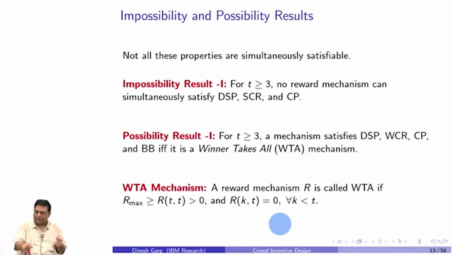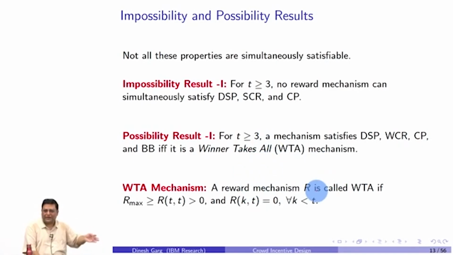But this is bad, because then I know for sure that if I don't spot the balloon, no matter how much hard effort I put in to recruit the people, I am not going to get anything. But unfortunately, whether you like it or not, this is the only reward scheme which can satisfy all these properties, right? Any other scheme you take, one thing or other will get violated, okay. So then what can we do, right? This is a bit disappointing news.